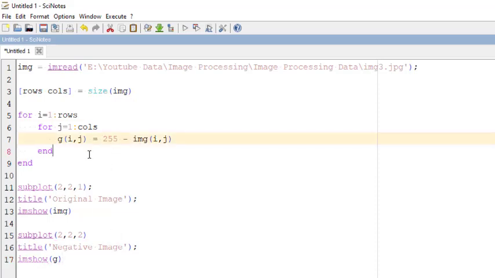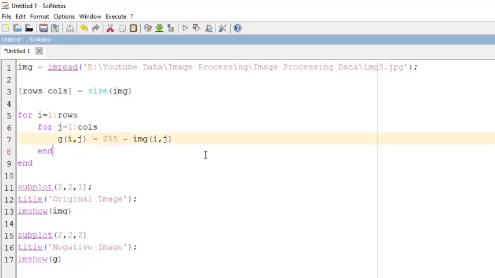This is a simple code which inverts the bits from 0 to 255 and 255 to 0, and if there is a pixel whose value lies between 0 and 255, in that case that value is subtracted from 255.